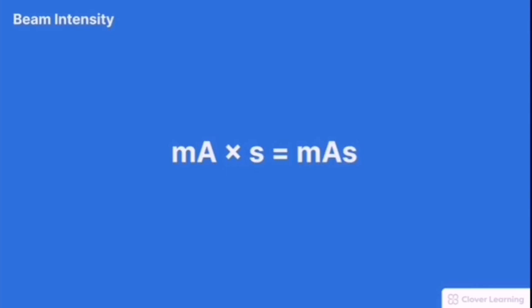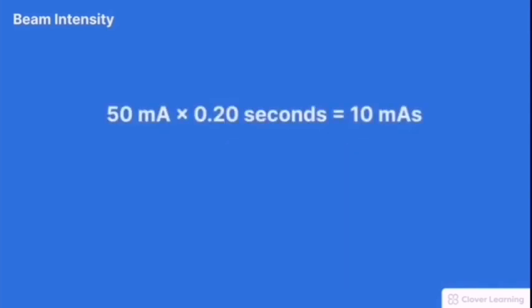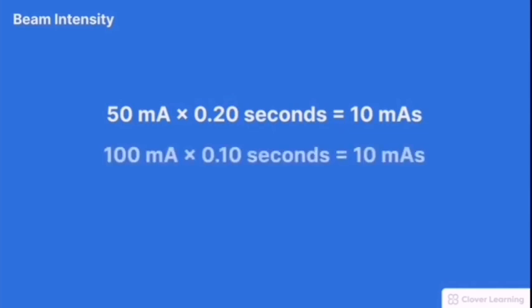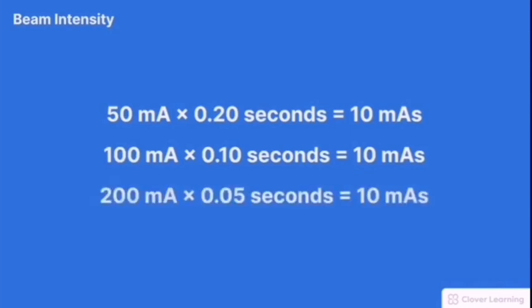There's a reciprocal relationship between mA and time. This means that multiple mA and exposure time settings result in the same total mAs and therefore the same total beam intensity. For example, 50 mA times 0.20 seconds equals 10 mAs, but 100 mA times 0.10 seconds also equals 10 mAs. And finally, 200 mA times 0.05 seconds still